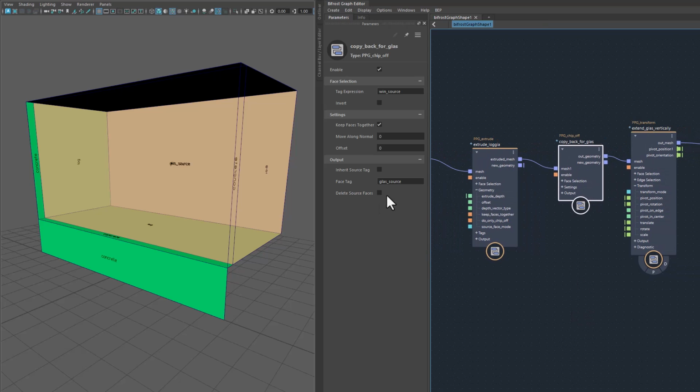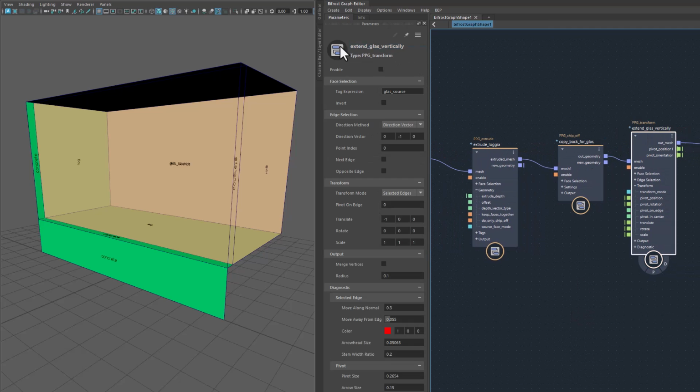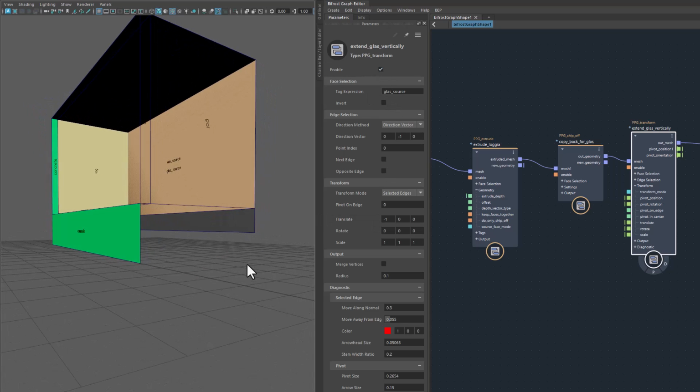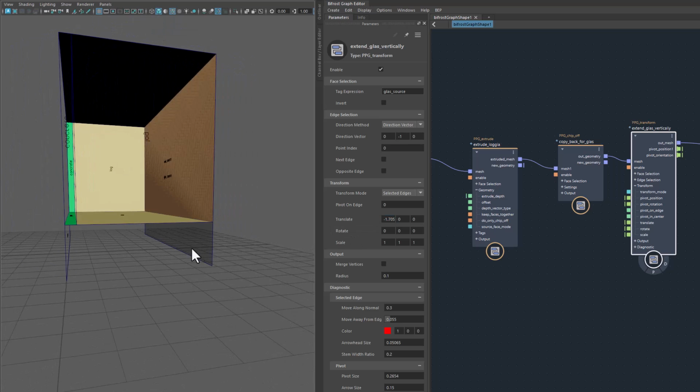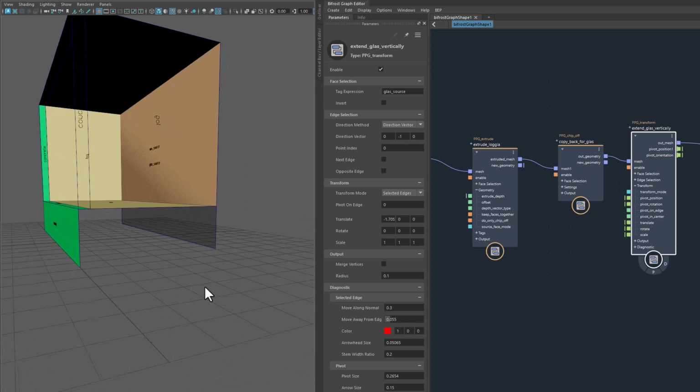And with the second one, with a glass source, I would do a transform. PPG transform allows me to say, I want to pick the selected edges, which would be the downwards edge of this glass source face here. And I want to move it in minus or in negative direction. I want to translate it in negative direction. You see what happens here? So now with the PPG transform, I can set this glass as high as my apartment would later be. And I could now, of course, extrude backwards from here, from this main source, but that would raise another problem now with this